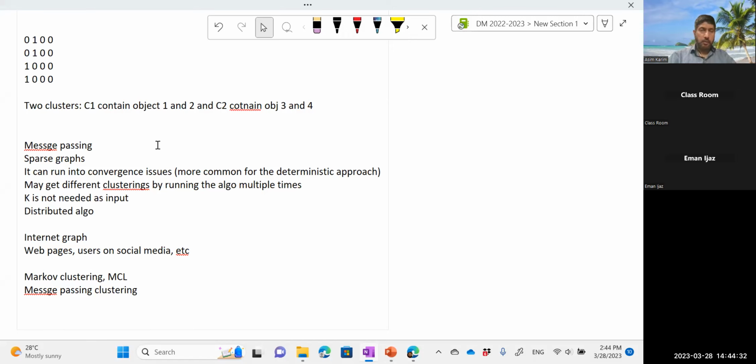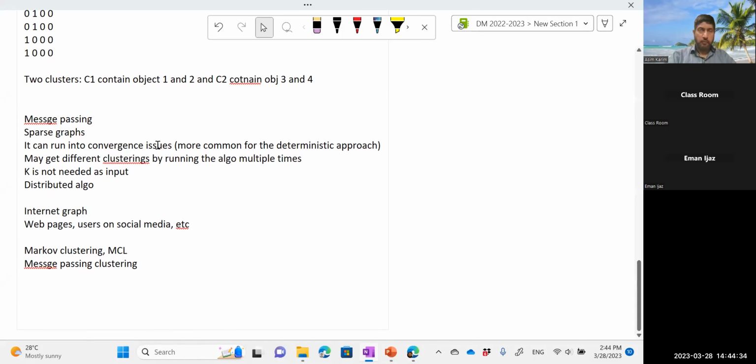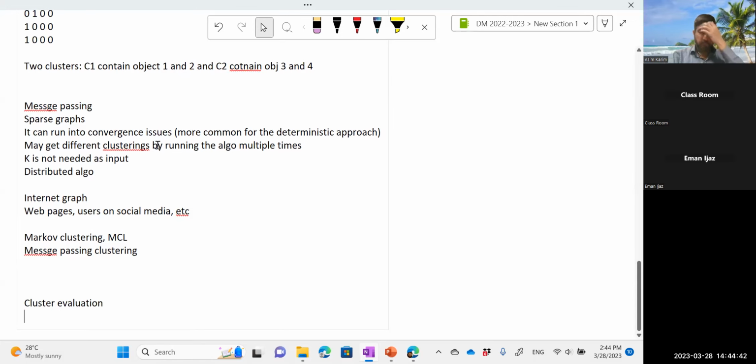Okay, so now let's move on to cluster validation or clustering evaluation. So cluster evaluation, you will find it in both textbooks. You will find it in the textbook by Han. So by Han, I think इसमें chapter 10 है, and you will also find it in the other book by